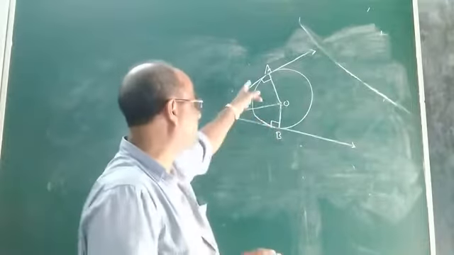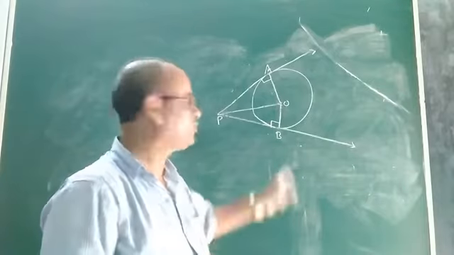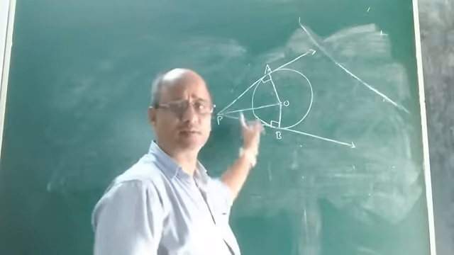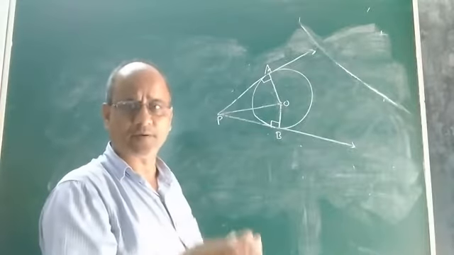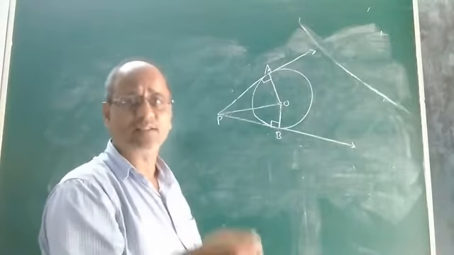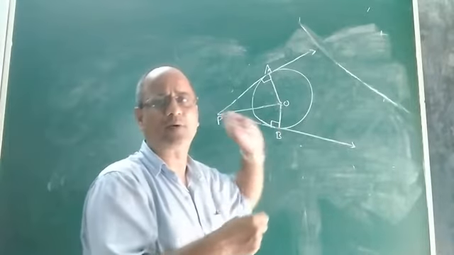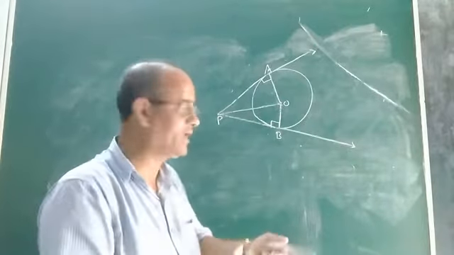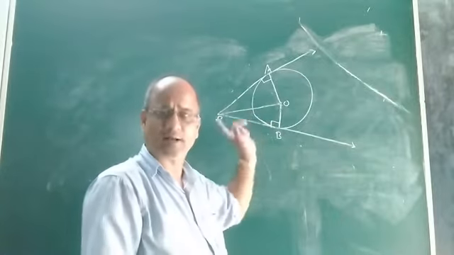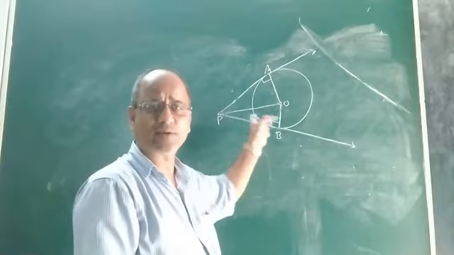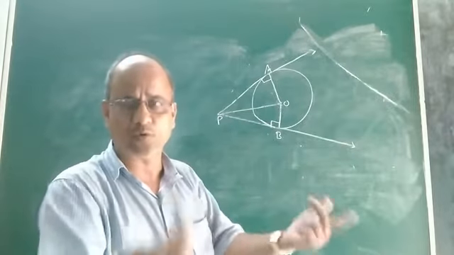Now the point is, if we can draw a maximum of 2 tangents from an external point to a circle, what will be the relation between the lengths of these 2 tangents? This is another important property of tangent, which gives the relationship between any 2 tangents drawn to a circle from an external point. The relation is that these 2 will be equal. That means if we draw 2 tangents to a circle from any external point, the lengths of the 2 tangents will be equal. How to prove?